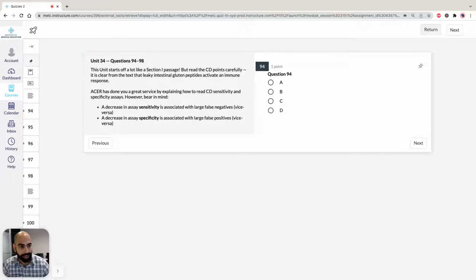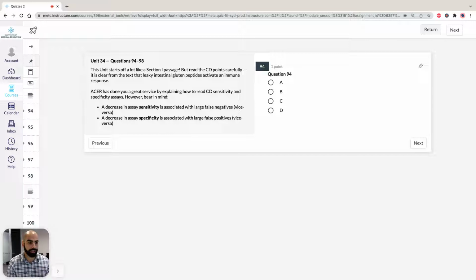If you look back at the paragraph just before, it says that in people with celiac disease the intestinal wall is permeable, so that peptides are not retained within the gut, but can leak across the lining where they stimulate an immune response. So straight away, we've got our sequence of events. You can go back to dot point 1, but you know straight away that gluten is not getting broken down properly. So it can leak into the intestinal wall and therefore activate an immune response, which is obviously caused by, if you take a further look at dot point 4,